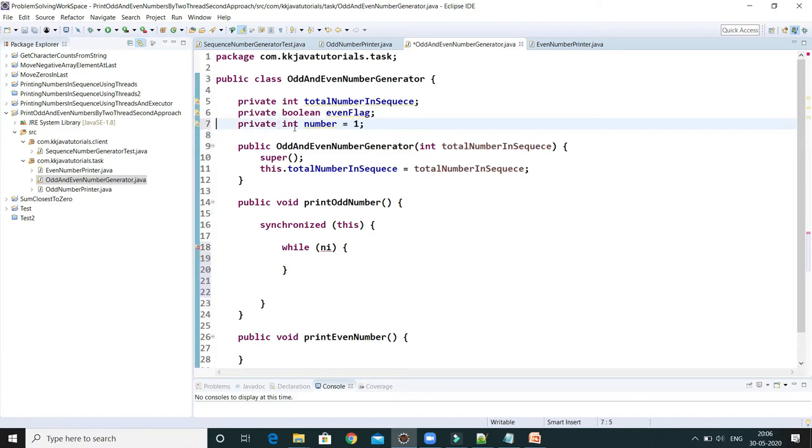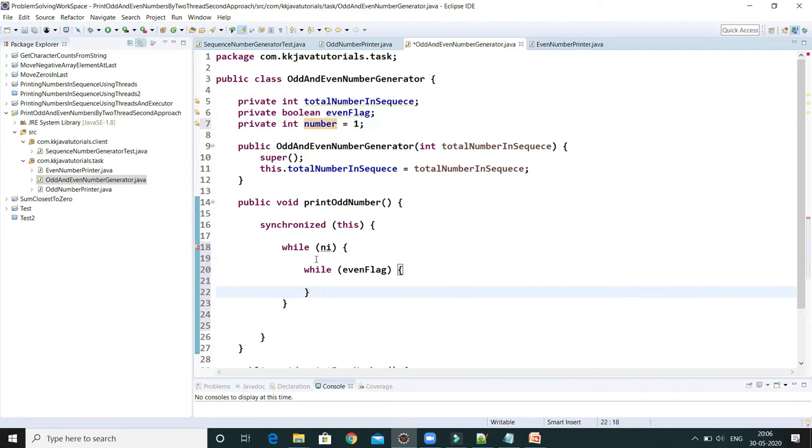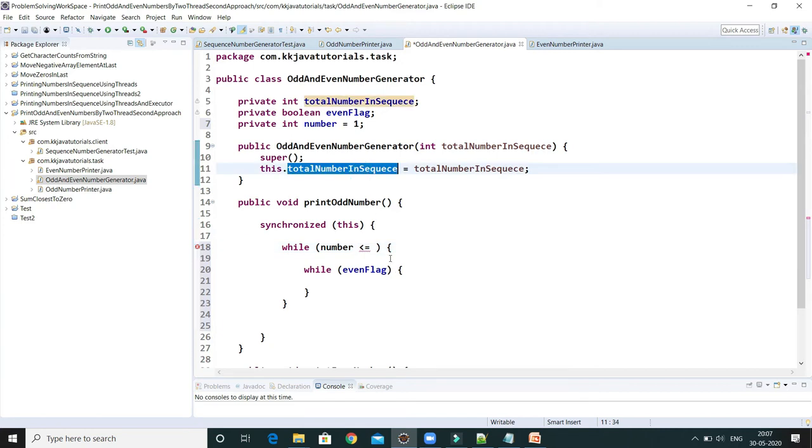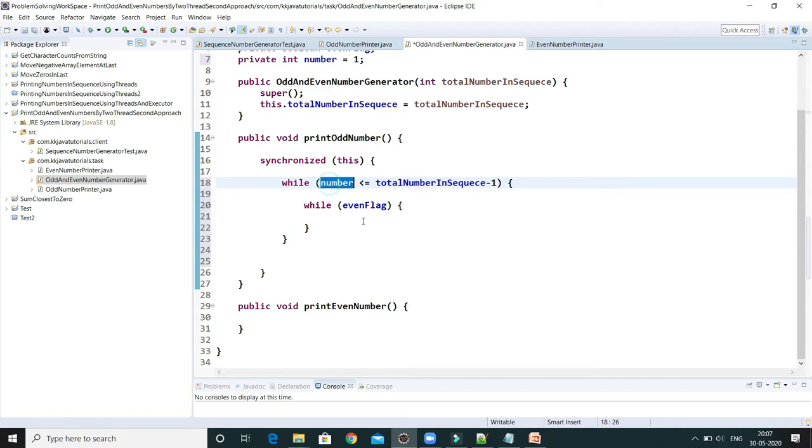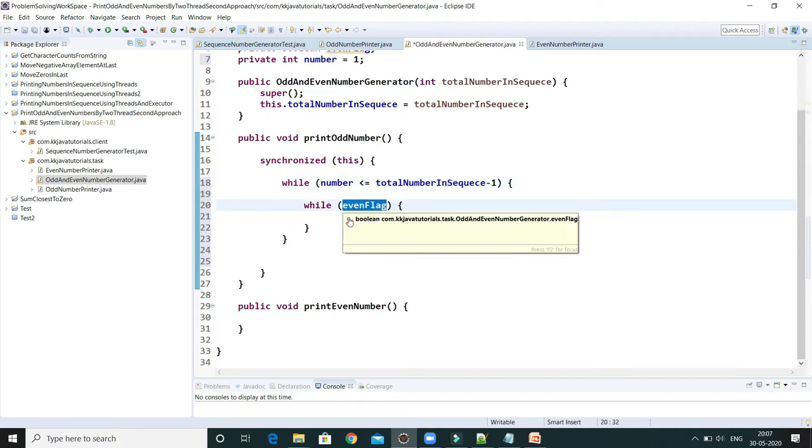Cool. So now you have to check over here, inside that another loop we will definitely have, but before that you have to check number less than or equal to total number in sequence minus 1. After that we have to give the even flag, right?